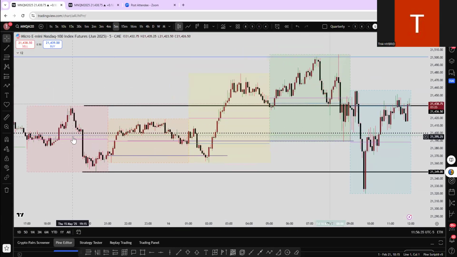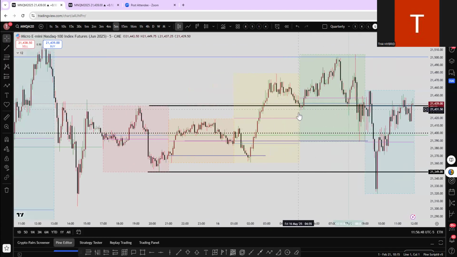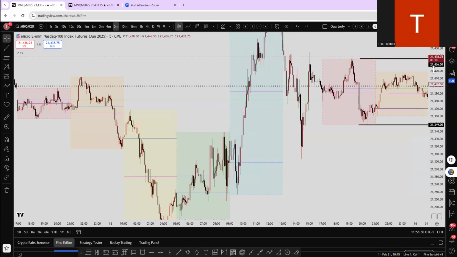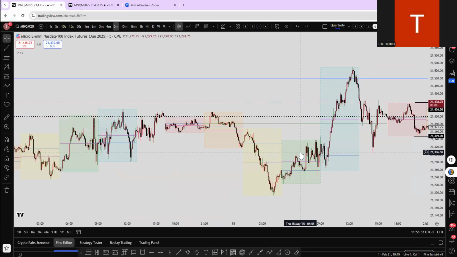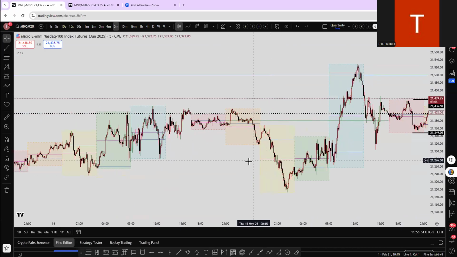So get used to looking at either on the 4 or the 5 minute time frame the relationship between these days. And then after you start trading, whatever time that is, how these boxes kind of form. So as we go through other days,